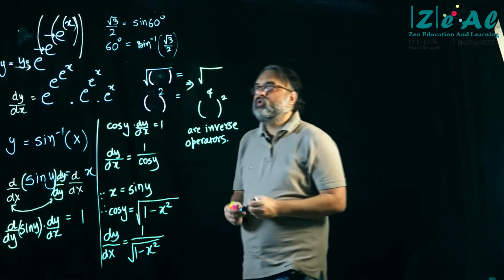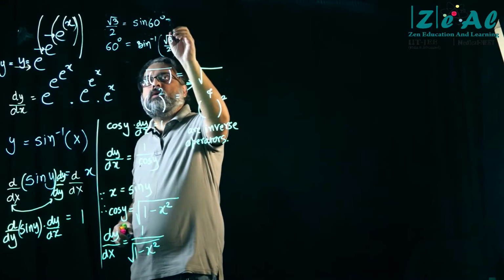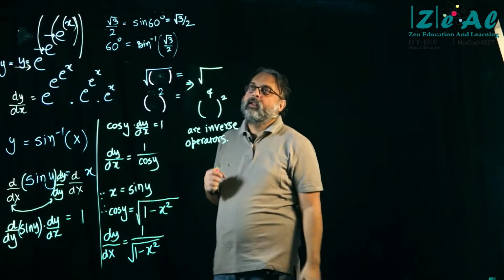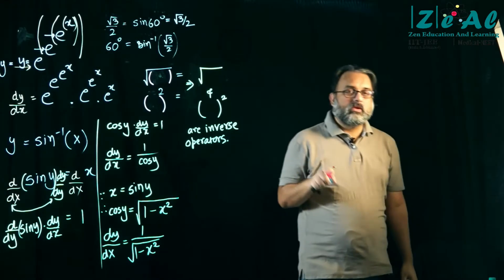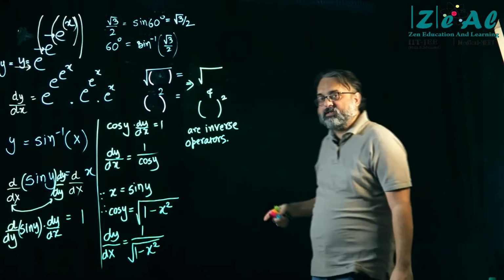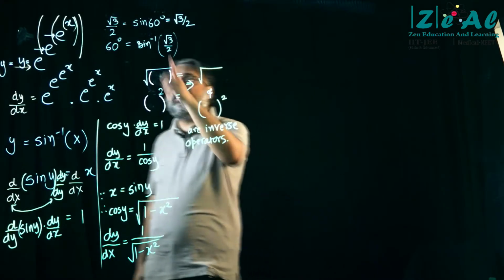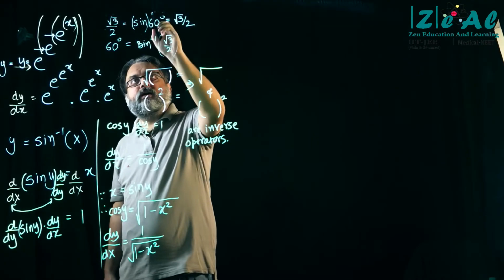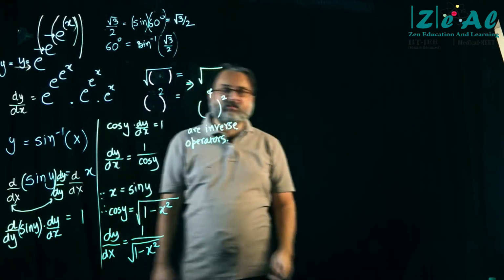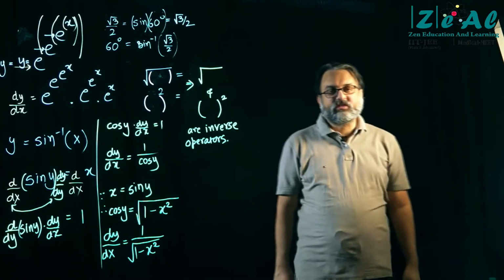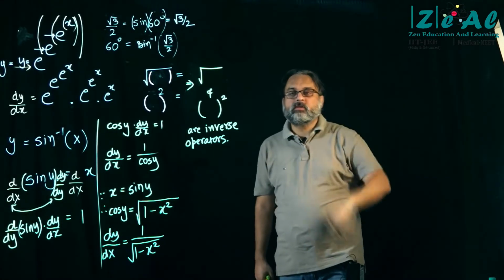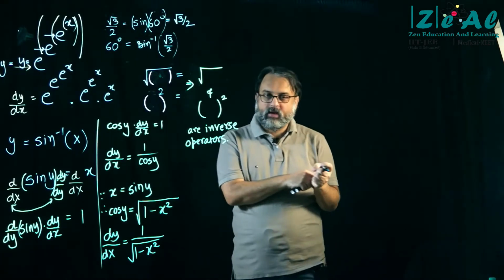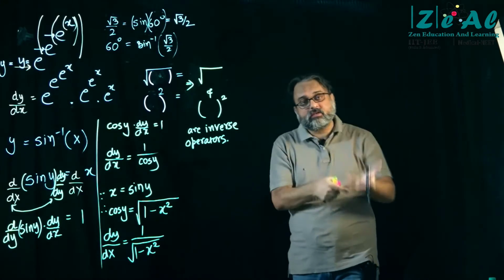Okay, so sine 60 is equal to √3/2. We know this, right? We have worked this out. And I also told you, I think, 3 or 4 classes back, that we must visualize this as the sine operator acting on 60 degrees. Okay, so 60 degrees is the input and √3/2 is the output, right? And now I think, अरे इसका उल्टा हो सकता है क्या?